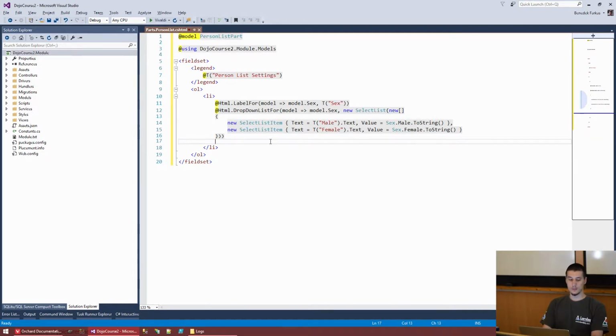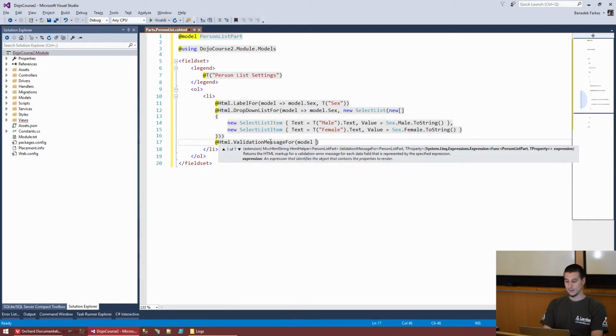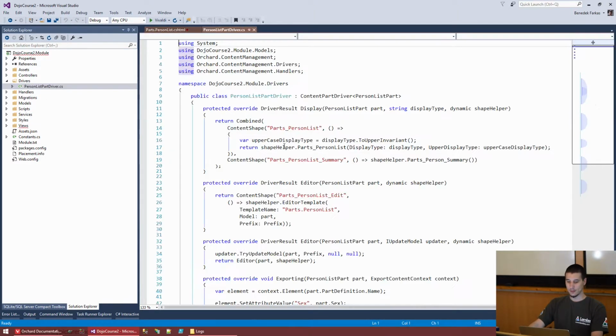What we are also going to add is another HTML helper, which is validation message. In this case you don't really need it because the select list item doesn't have a default value, so you always have one of these values selected. But for the sake of demonstration, it's important for you to know that you can do this. The validation message is going to be displayed when you have a validation error on one of those fields. And when you display a validation message for a specific field, that's where the validation message is going to be displayed. And the way you define a validation error is in the driver when you are updating